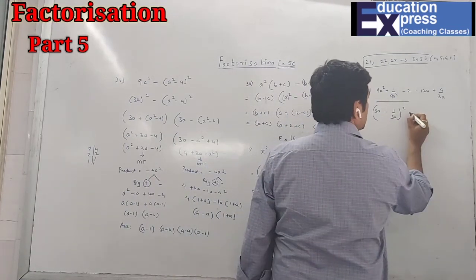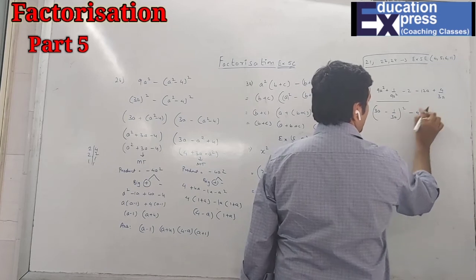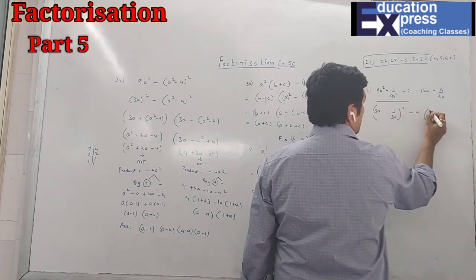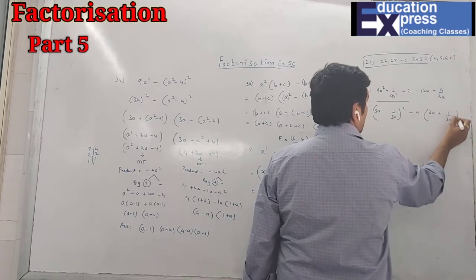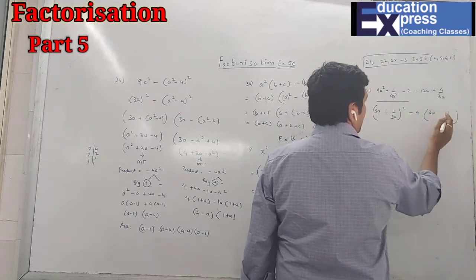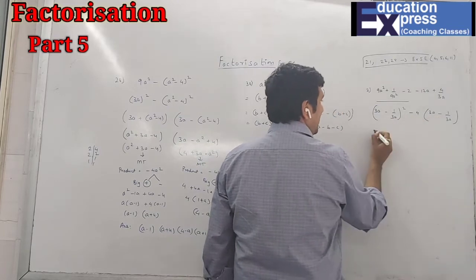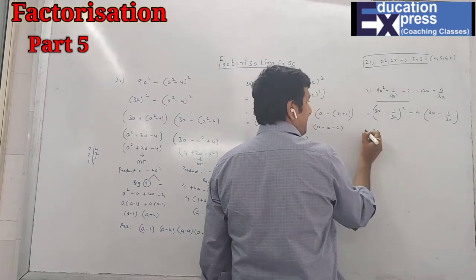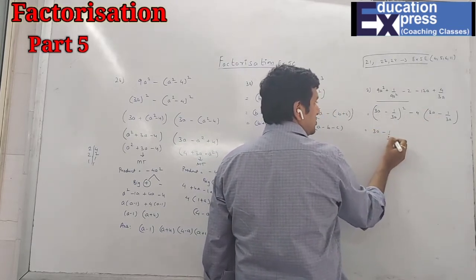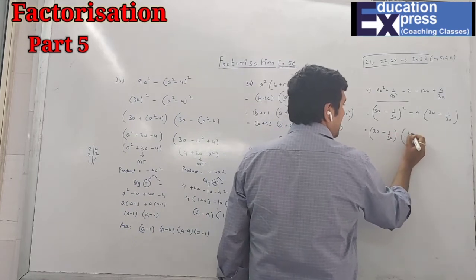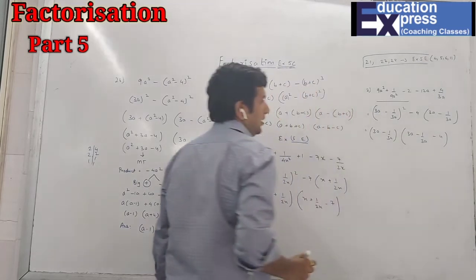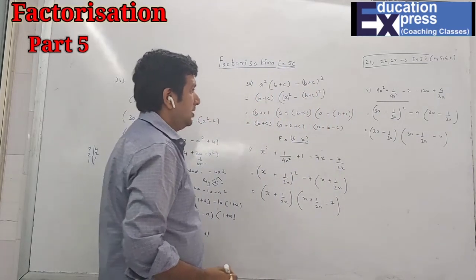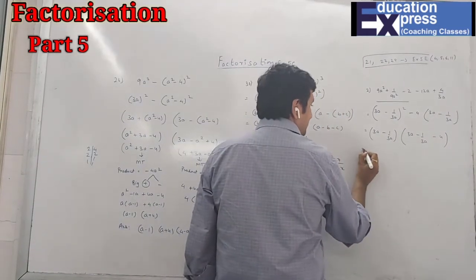And then here what is common is minus 4. Inside, the signs will change because every sign is negative. So 4 3s are 12, 4 1s are 4, and then 3a. So here plus will become minus. So you can see again 3a minus 1 upon 3a is common. What is left is 3a minus 1 upon 3a minus 4. Answer. Question number 3.